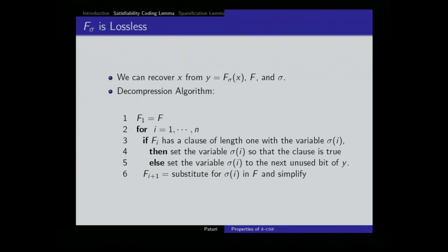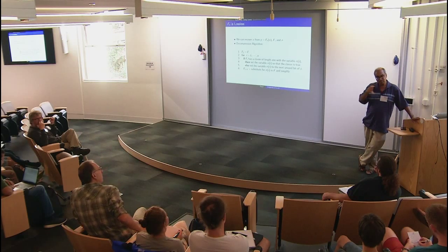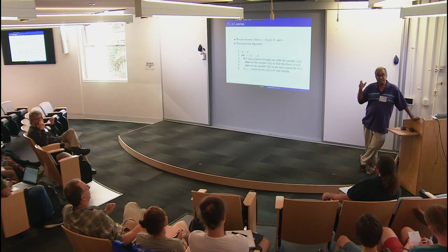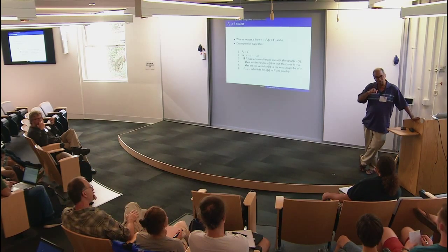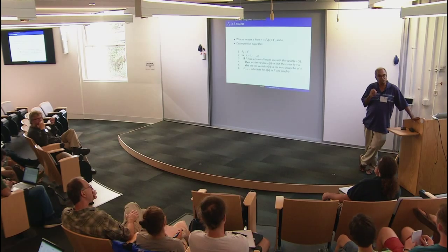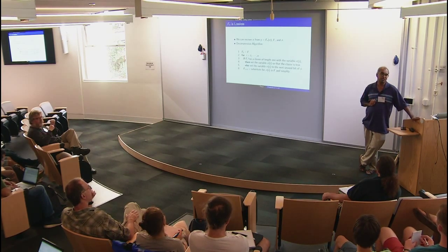Does the representation need to contain, or do you need to express, which clauses are the critical clauses? Because isn't it possible some of them aren't critical? So we are given the solution X, okay, and we are given a permutation. So we go through each bit in that order, and if the bit value is implied by the formula, then we delete that bit. You mean the critical clause for that bit, or any critical clause containing that one? It's any critical clause that contains that one.